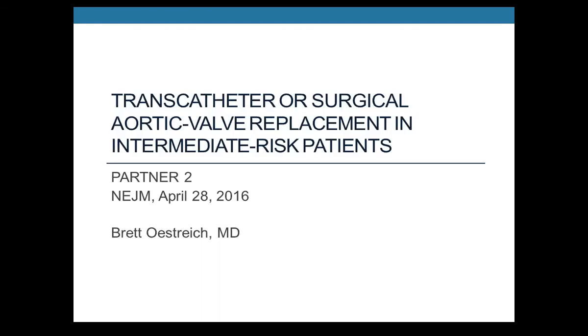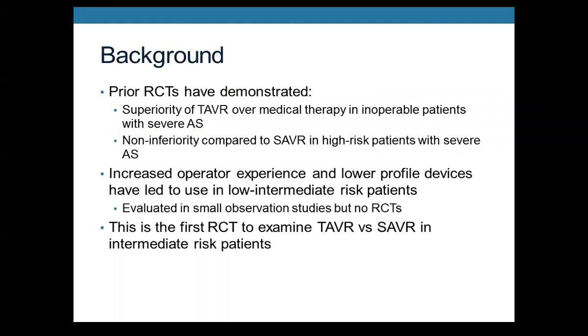So my voice might hold out two minutes, and then this is going to be interactive. I'm going to have you guys interpret forest plots and graphs and stuff. So this is PARTNER 2, presented at ACC in Chicago. Quick background, as we all know by now, with all the TAVRs we do, prior RCTs have shown, wow,